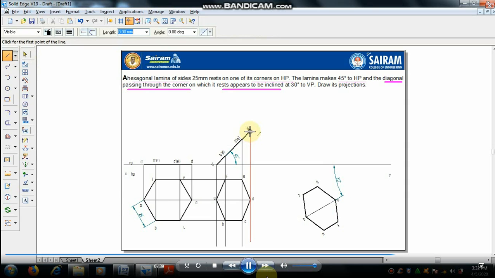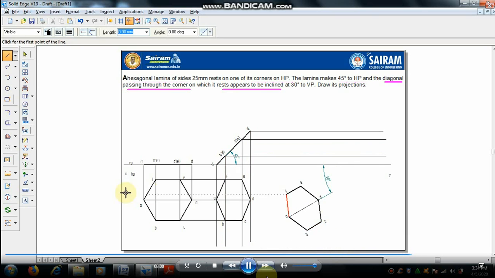We can draw the projector lines from the front view: D dash, C dash, E dash, B dash, F dash, and from the top view where A and A dash meet. Select 0.13 mm line thickness. Draw the projector lines from A and A dash where they meet, B and B dash where they meet. Extend, then you can trim it, no issues.